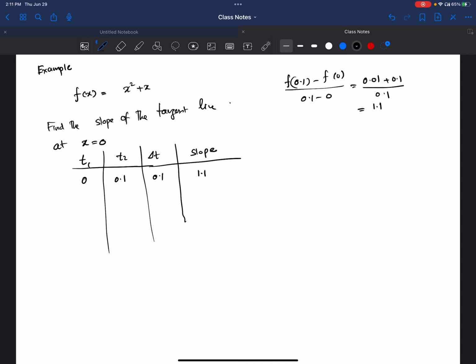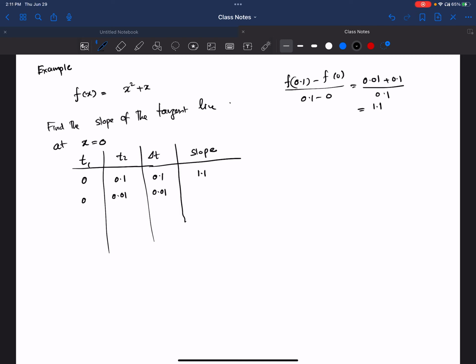And then you can change that to, if I want to make delta t small, I put t1 0.01, then the delta t becomes 0.01. So if delta t is,